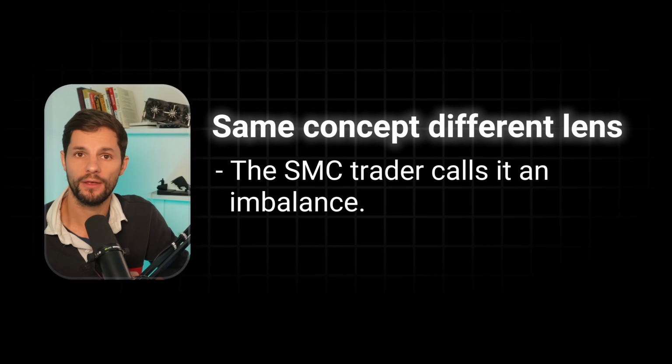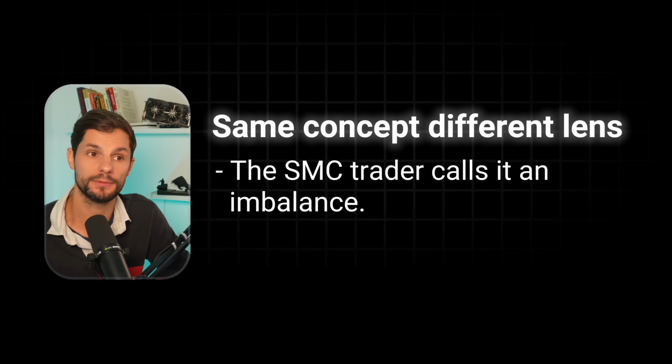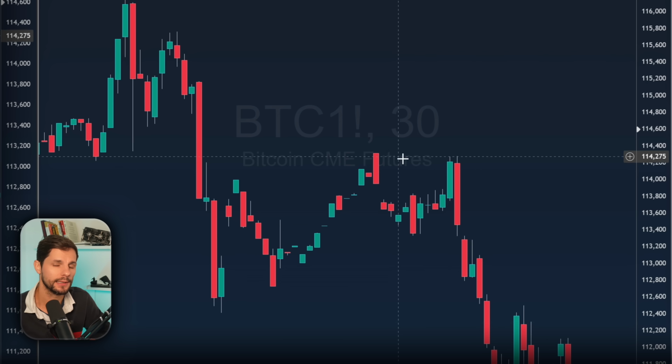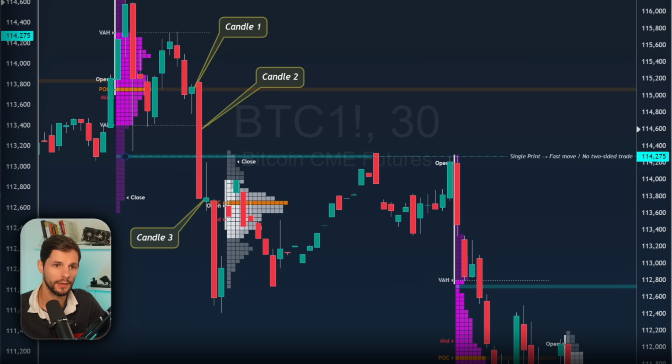It's the same phenomenon seen through different time-based versus price-based structure. So as I said, let's overlap and bring everything back together so you can see the overlay. So overnight, RTH, single print, candle number 1, candle number 2, candle number 3, and obviously the single print marked, and then the fair value gap. So you can see candle 1, imbalance on candle 2, forming the obviously single print in TPO, candle 3 confirming